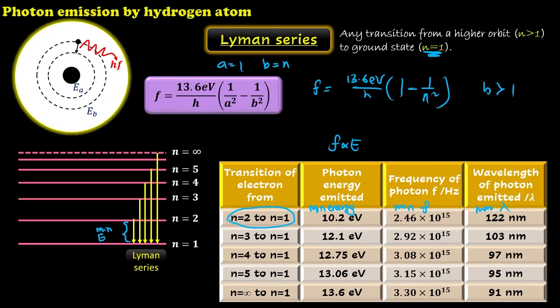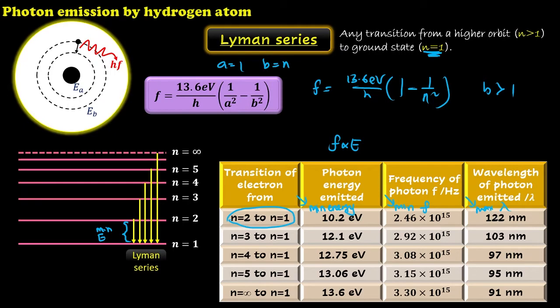So this one is your maximum lambda for the Lyman series. In other words, for the Lyman series, the minimum energy is 10.2 electron volts. The minimum frequency is 2.46 times 10 to the power 15 hertz, and the maximum lambda will be equal to